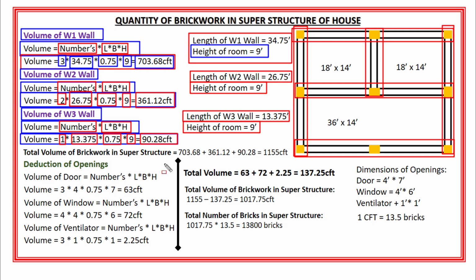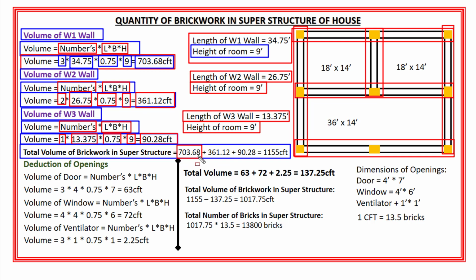Okay. So I have found out the volume of W1, W2 and W3 walls for this house. And for the quantity calculation of total brickwork in the superstructure of this house, I will need the total volume of brickwork in this house. Okay. So the total volume or quantity of brickwork in superstructure is equal to volume of brickwork in W1 wall, which is